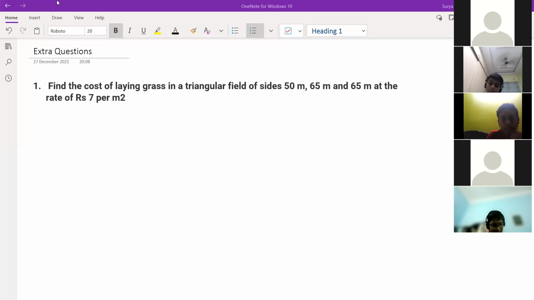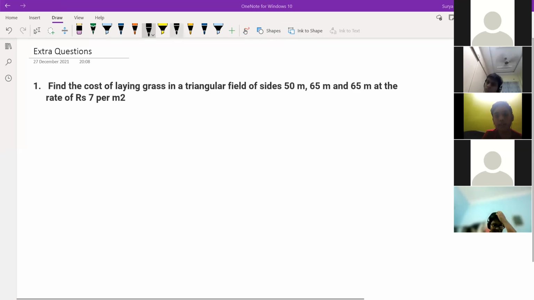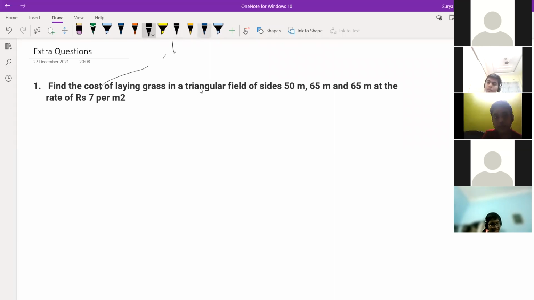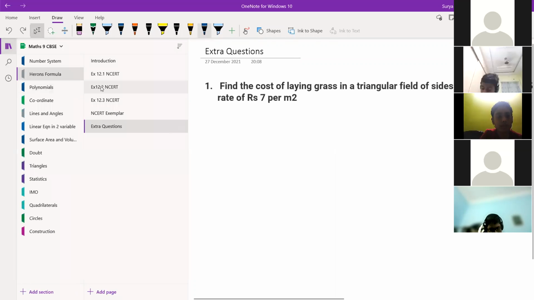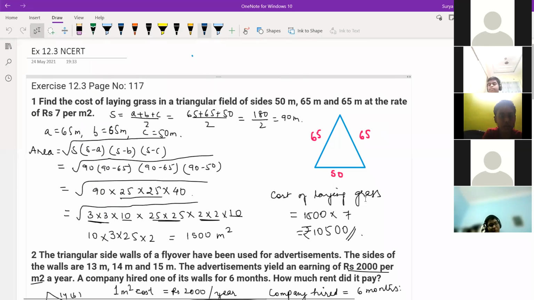Satvik, how to find this? So we have to use Heron's formula. So we have to do 50 plus 65 plus 65 by 2, use the semi-perimeter and calculate the root. Okay. Sir, I'm getting it as 10500. Okay, 10500. I have solved also, I'll just show you once. Can you see this? Yeah, 105. Sir, same answer you're getting, right? Yeah, sir. Fine. All of you just see this question, children.